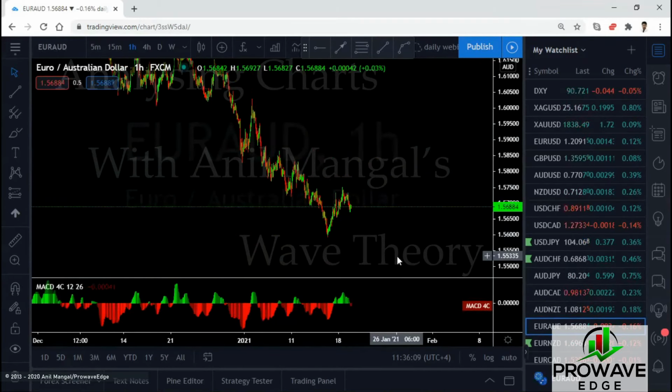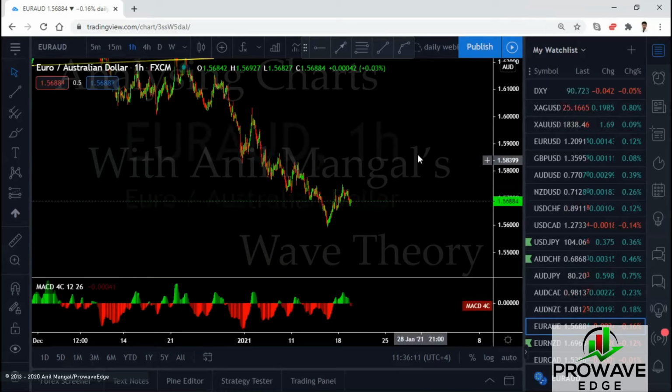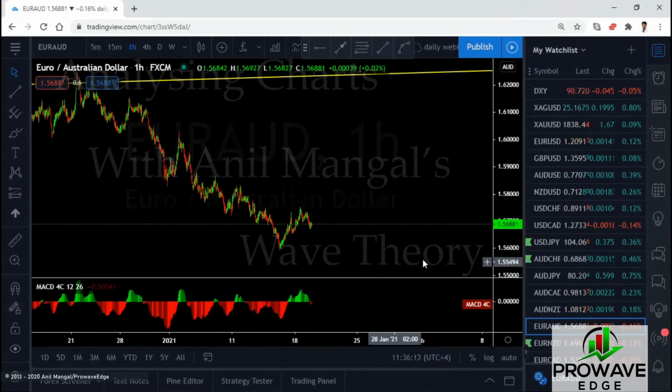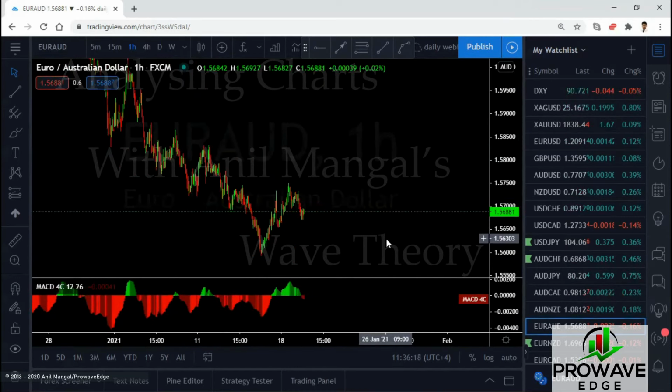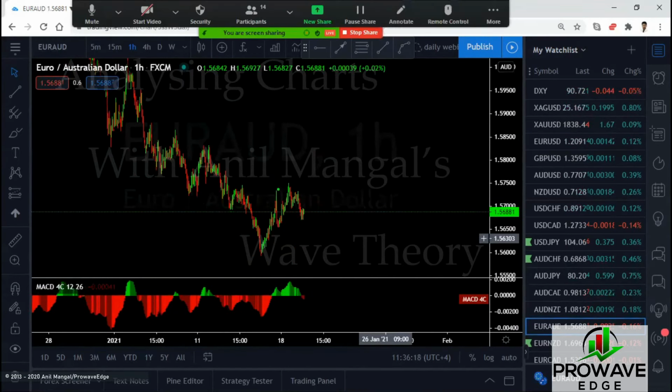Euro makes a lot of running flat on the way down. So if we're making another running flat here, we would look for the sell setup. But this piece looks like we might be making a consolidation here. This looks like it could come back here, go back there, and then go. If we see this consolidation, we look for the buy setup.